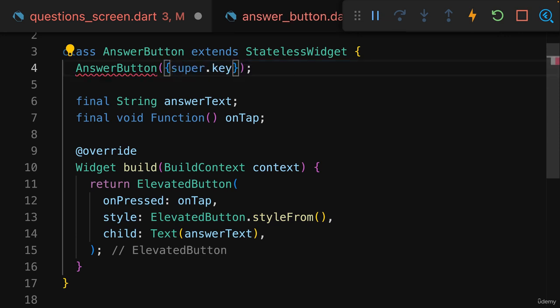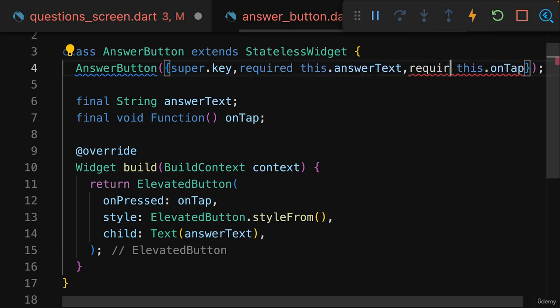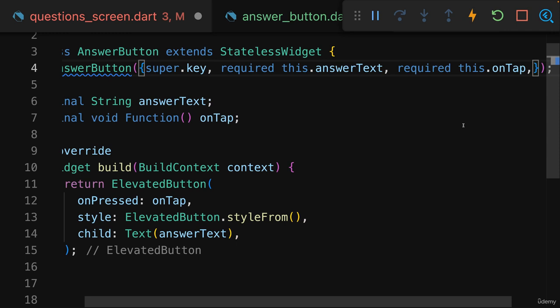And just to also show you how this would work, I'll actually convert these positional to named arguments, not because you have to, but because it can be interesting to see how this could be done. You simply place these arguments between these curly braces in your argument list here then. And now you must add the extra required keyword in front of them, because by default in Dart, named